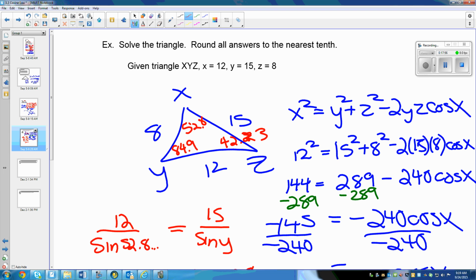Okay, the next two are word problems. I think you can solve via cosine law. I just want to see that we can set up the triangles. Okay, so all we're going to do is set up triangles. If you can get the triangles, you can solve sine and cos. I know you can. Okay, so